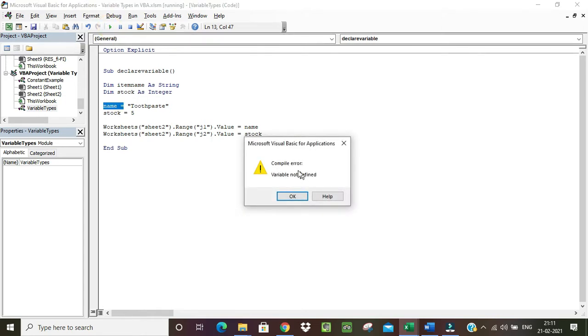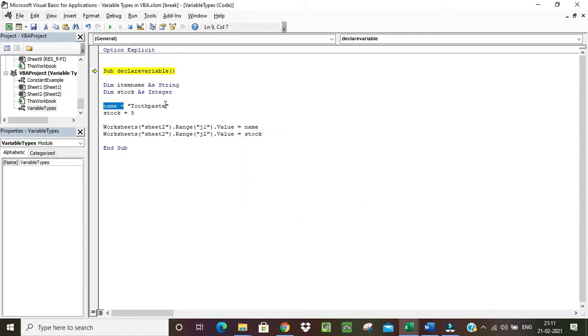You see, it says variable not defined. So it found one variable name and said the variable is not defined. What we will do is fix this. We have defined it as item name. Okay, we will make another mistake. Let's say I write this as brush.